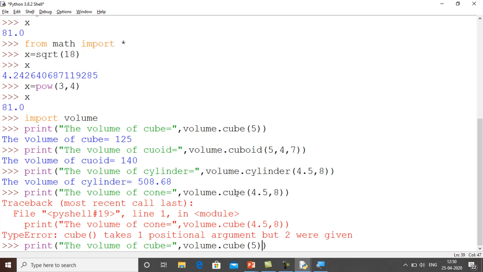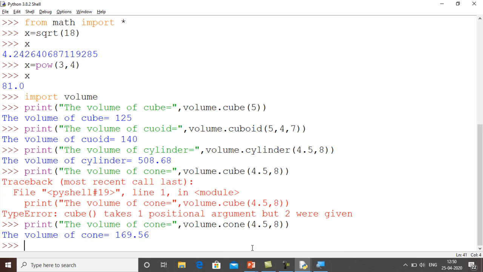I have to change the name of the function to cone, because I am calling the cone function, but instead I called the cube function, and the cube function takes only a single parameter. So I will write 4.5 comma 8. Then we get the volume of cone as 169.56.